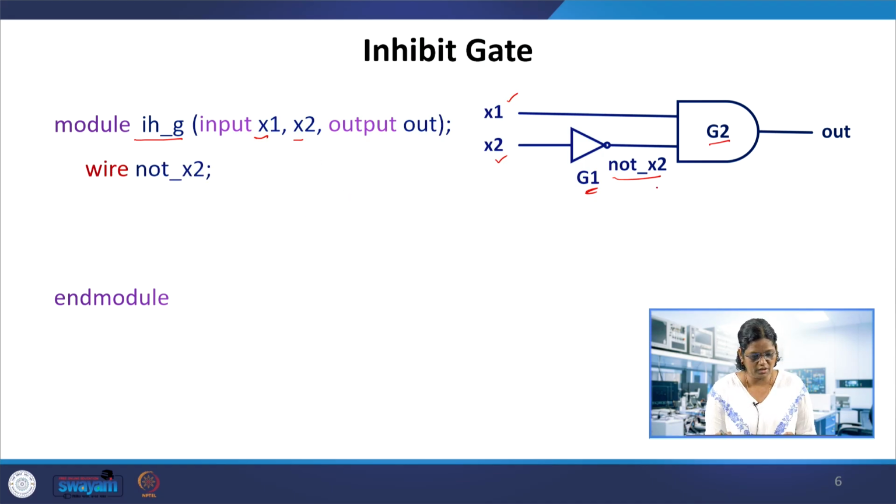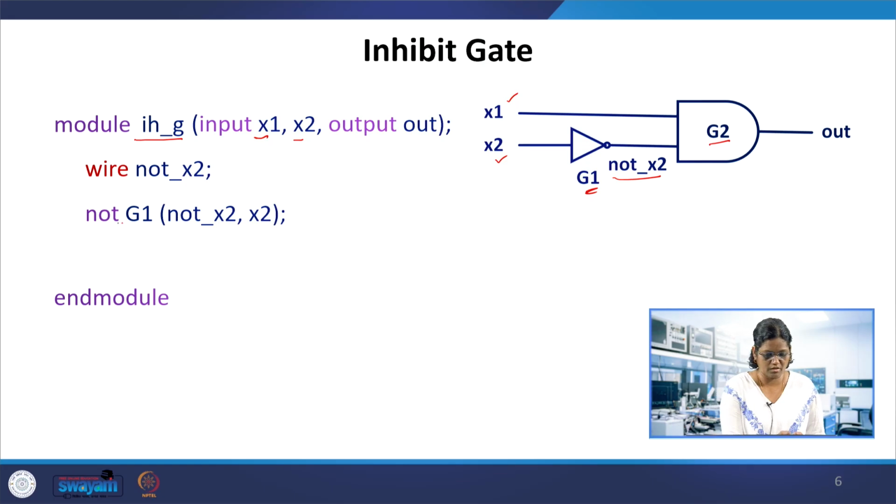The not x2 is going to be a wire, a net type connecting the output of the NOT gate to the second input of this AND gate. So it needs to be declared as a wire in the structural model, and then comes the component instantiation. For the NOT gate, the gate name we have called G1, and the output is not x2 and the input is x2.